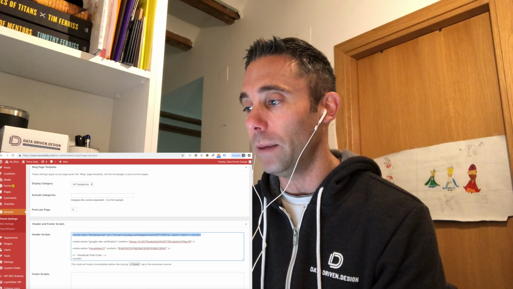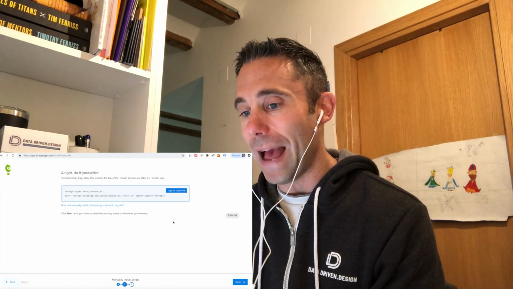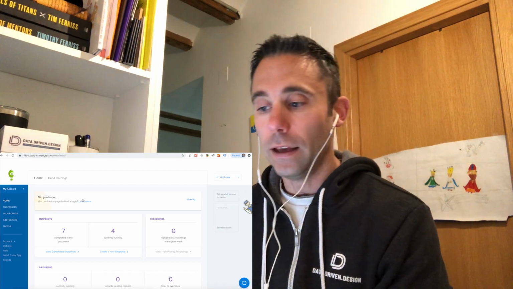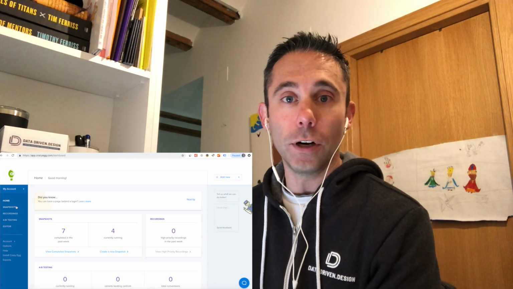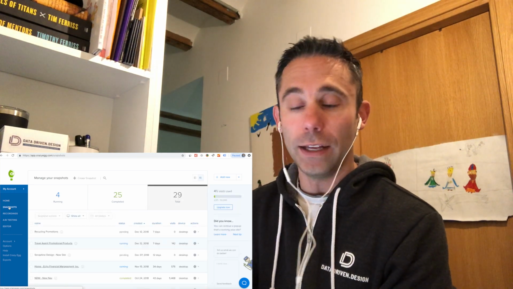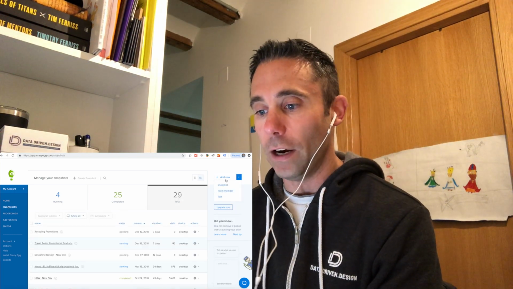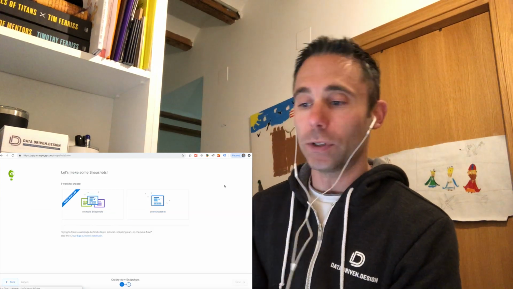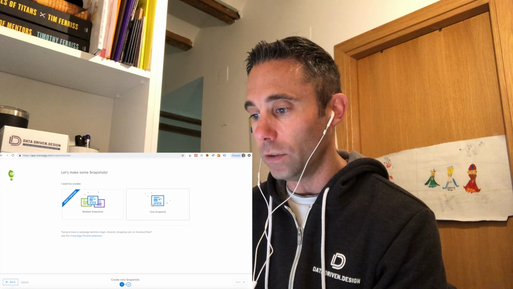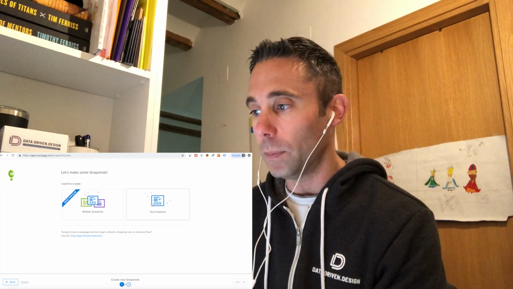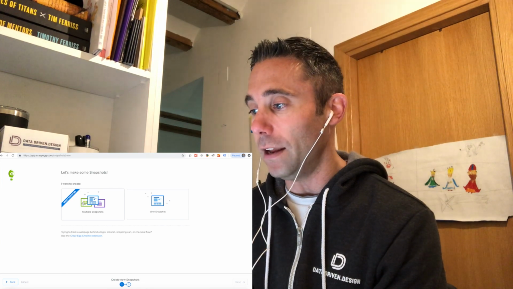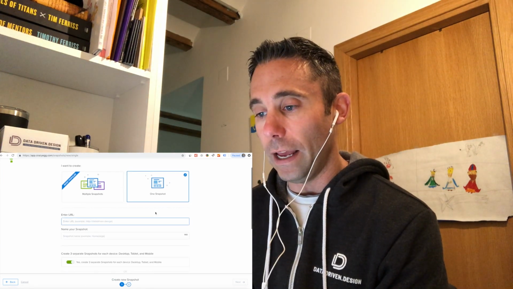You copy it to the clipboard, and then you go ahead into the back end of your WordPress site, and you either install a plugin like the Header Footer Scripts Inserter by Space X Chimp, or your theme probably has something like this. In this case, it's the Genesis theme that already has header and footer scripts globally that you can go ahead and paste them into. And you can see right here, we've pasted our code snippet into the header scripts. Once we've done that, we've installed our code snippet properly,